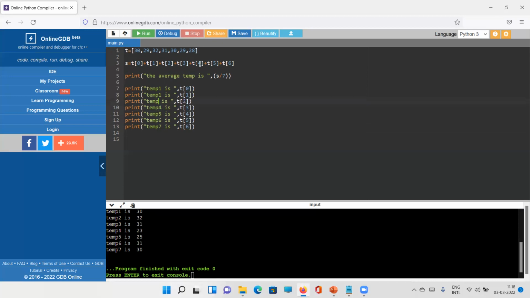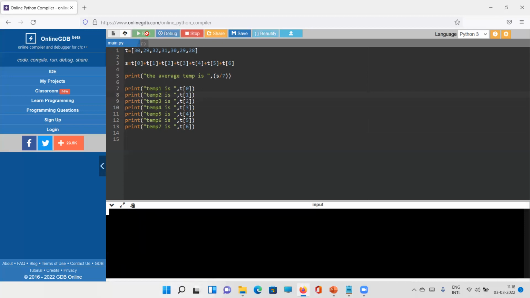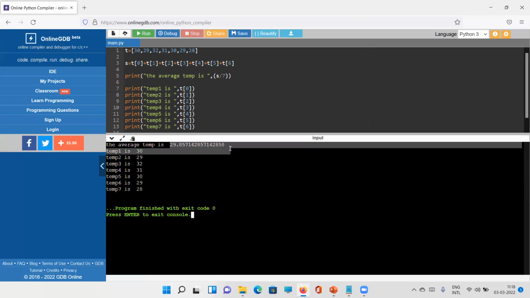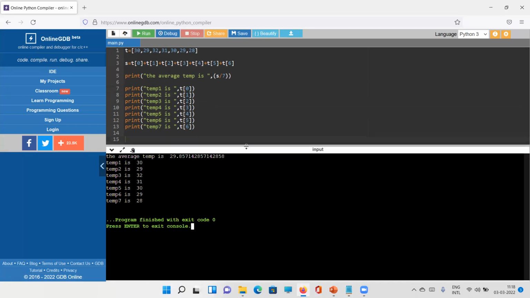So these are just the variables. So list means a collection of variables. That's all. So here it will print the temperature. Average temperature is something 29 point something. I am not that good in mathematics to calculate those, but it is an average temperature, and after that it is printing the temperatures once again. So you can achieve the same using list. So now again,